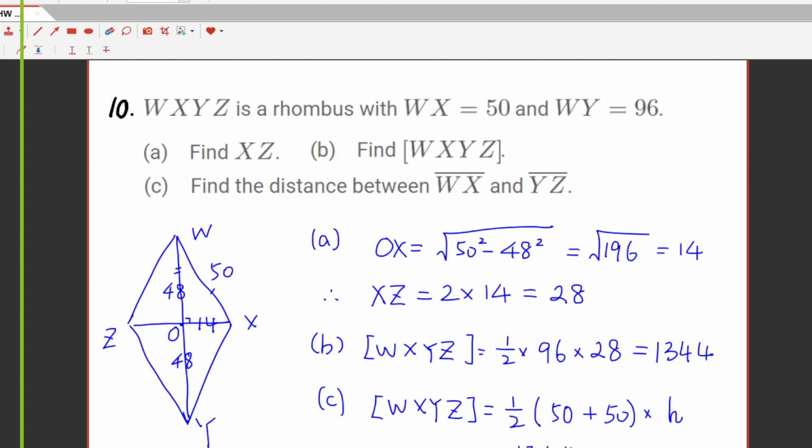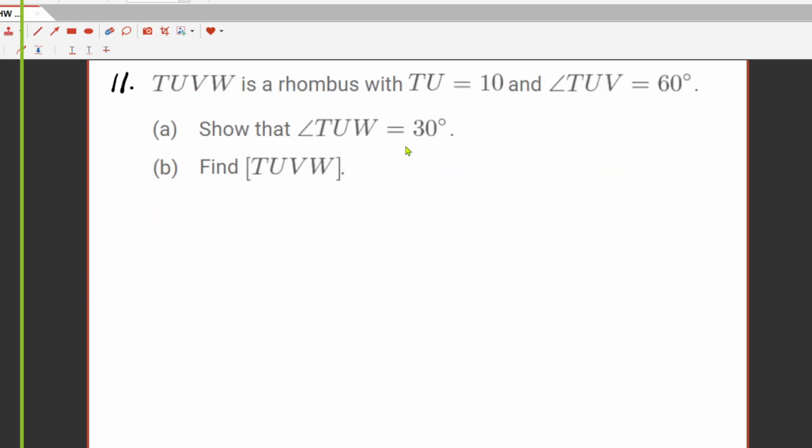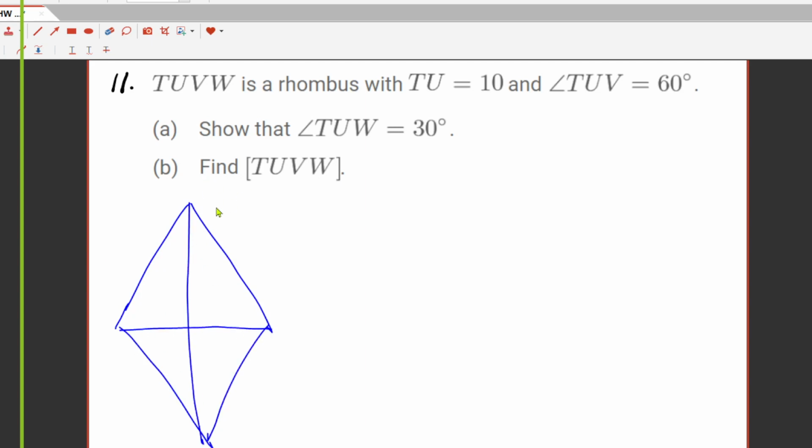No? Alright, then let's consider the next one. Question number 11. TUVW is a rhombus. TU